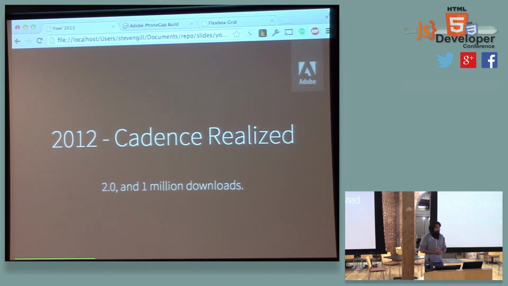2012 was the year that we realized our canvas. So we reached 2.0, we got 1 million downloads, we implemented Cordova.js, which is kind of our idea